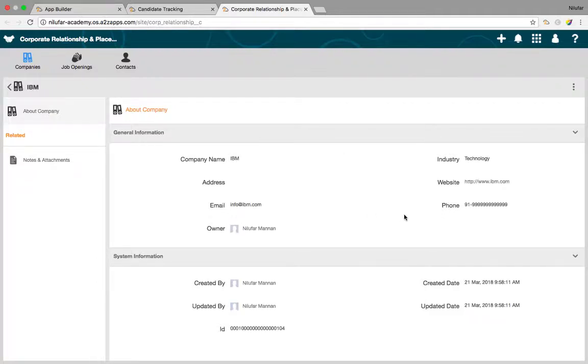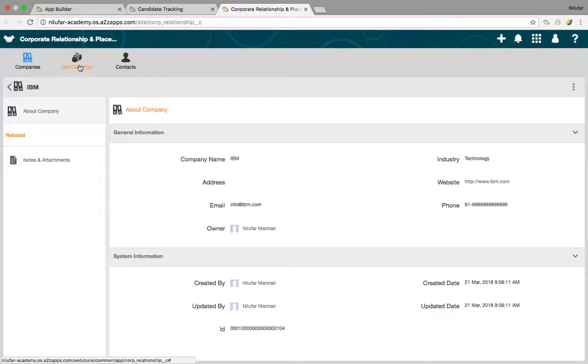Now friends, there is an issue with this app as well. And what is the issue? I can definitely track the companies, the contacts, and the job openings. But what I'm not being able to do is link. Meaning, wouldn't it have been nice if, under company, I would have been able to see all the contacts of that company and all the job openings that the company has.